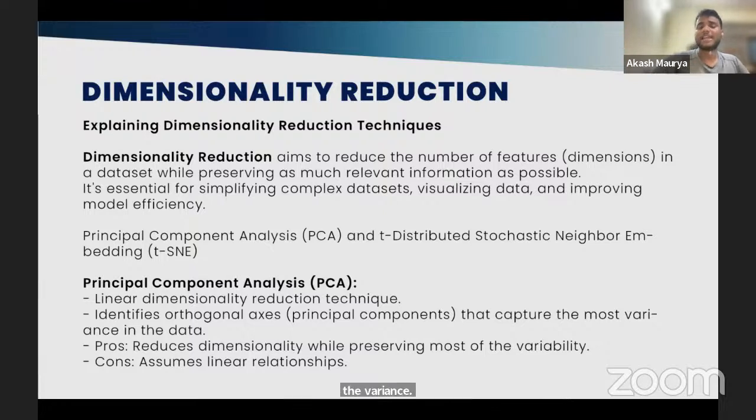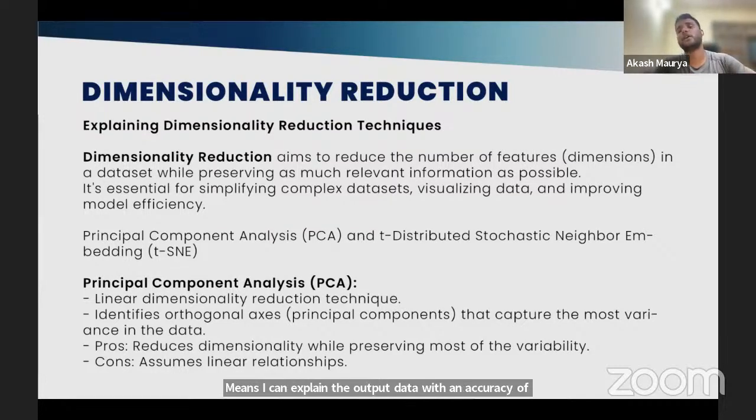Means I can explain the output data with an accuracy of 99% with the help of just 10 or 11 features. Then why is there a need for all the other features that we have? And with this principle, we actually reduce the dimensionality. And not only that, we can create a new feature from the existing features that we have, based on